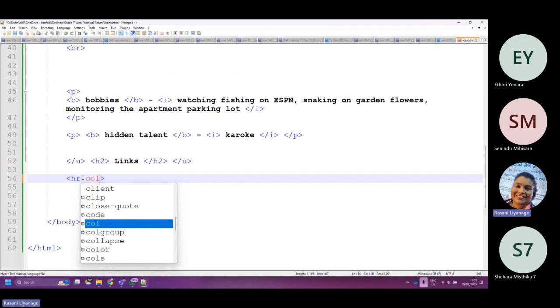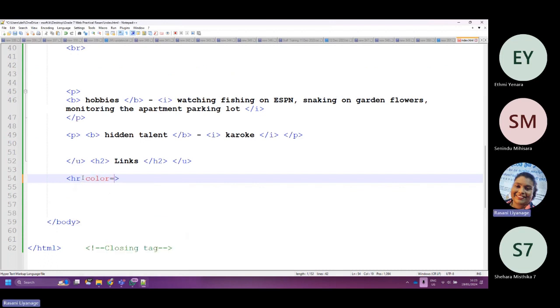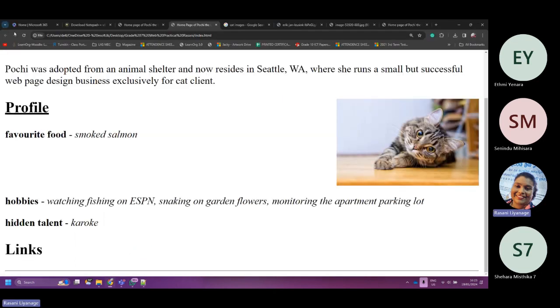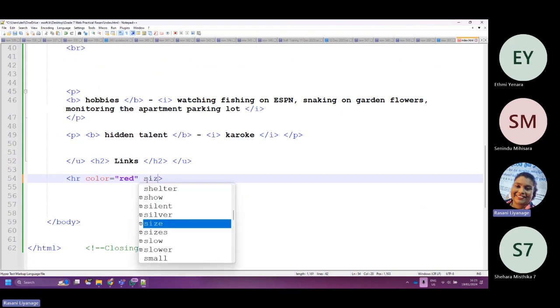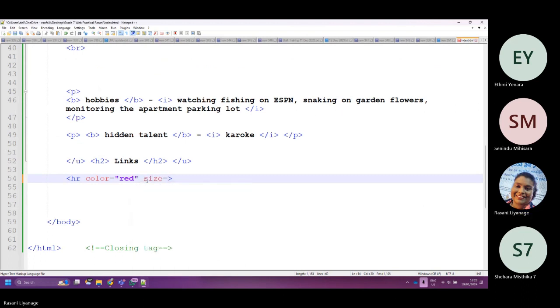HR, you can say color equals, you can give a color code or you can say a color. I have said red. And if you want it thicker, say size. This is called an attribute.